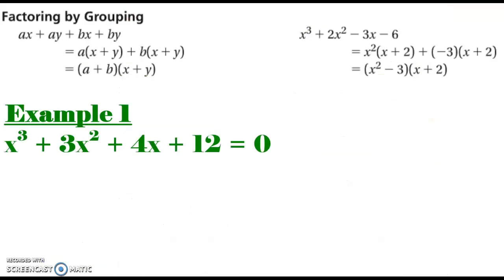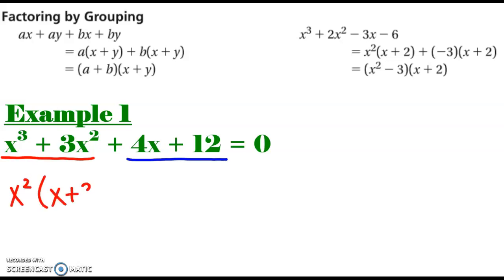The other one that we haven't done this year, but you have done before, that we're about to go over is grouping. So remember, factoring by grouping happens when you have four terms. So you put it in standard form, and then you group it. You make a group out of the first two terms, and then you make a group out of the last two terms. So you find the greatest common factor of the first group, which would be x squared, which leaves